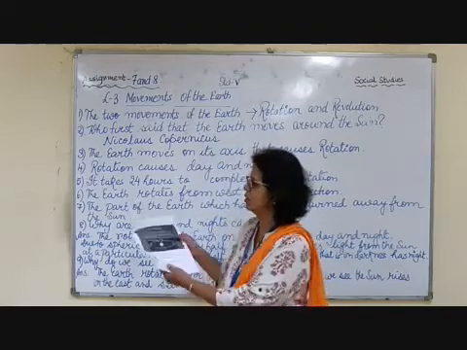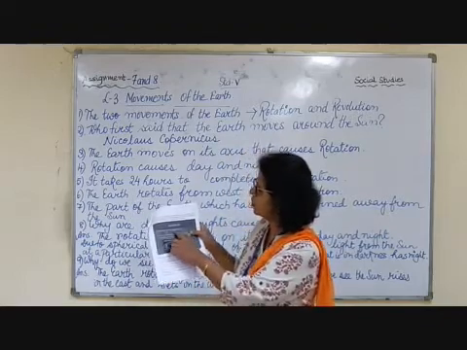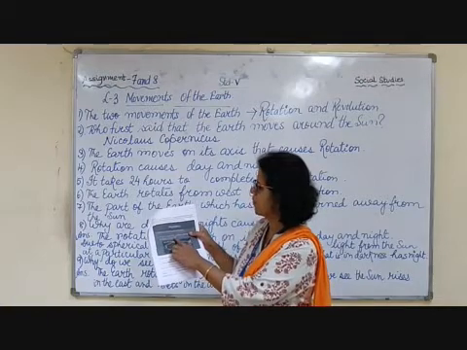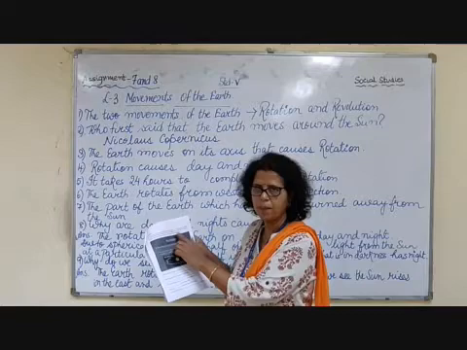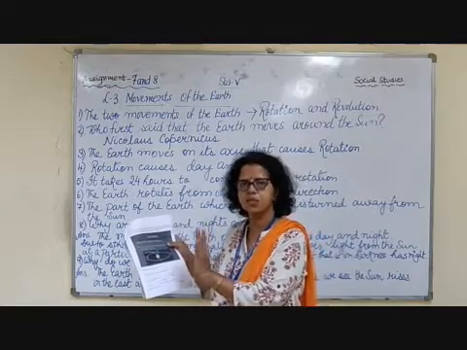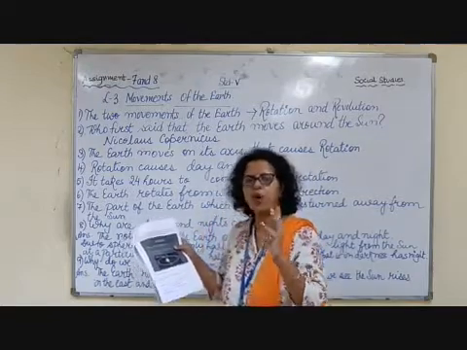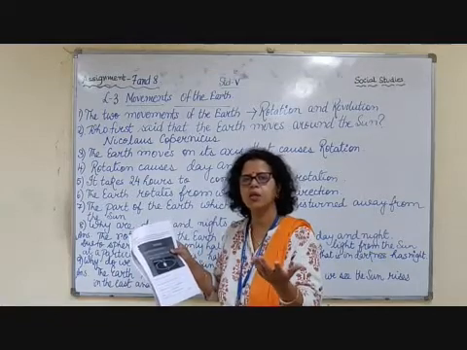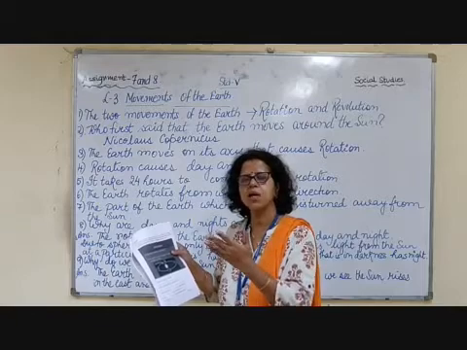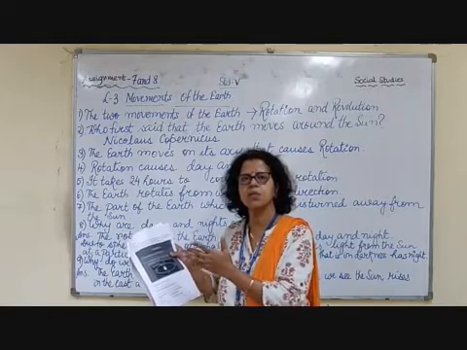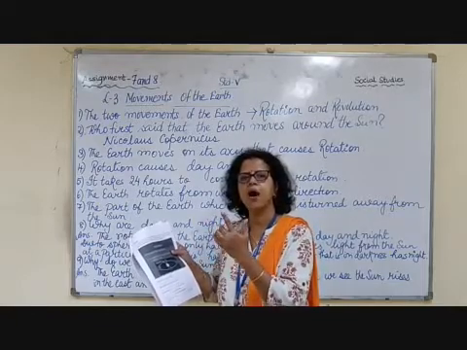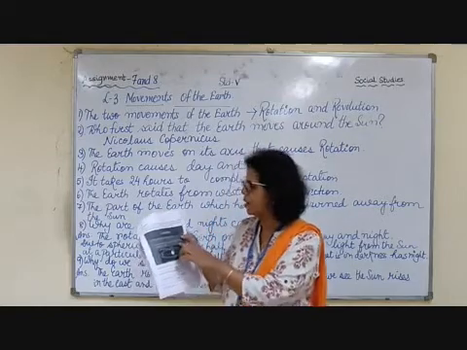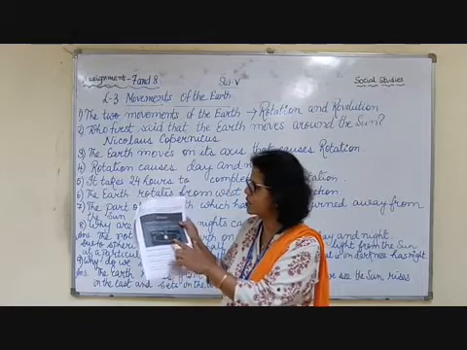Now this diagram is shown to you. The earth revolves around the sun, and the earth takes 365 and 1/4 days. Now in some places you see they write 365, because I have explained to you that the 1/4, that is 6 hours, is added, and in the 4th year that 6 hours plus 6 hours plus 6 hours plus 6 hours, 24 hours, we have one extra day in the month of February, that is called leap year, to complete one revolution, that is a year.